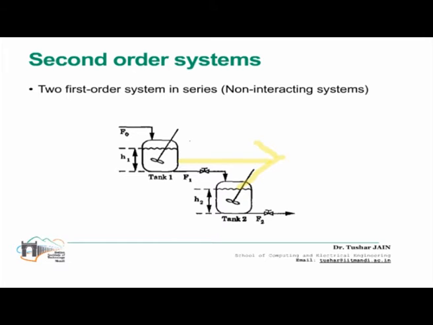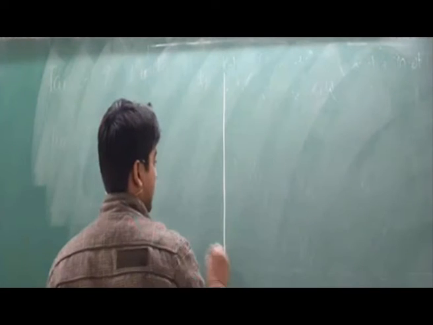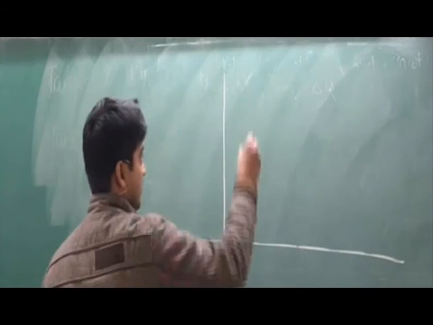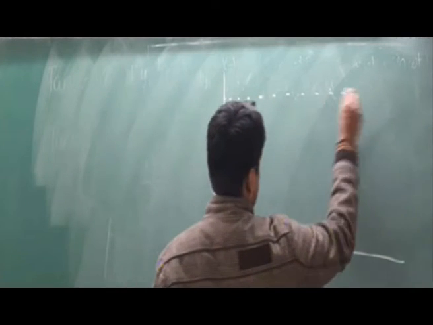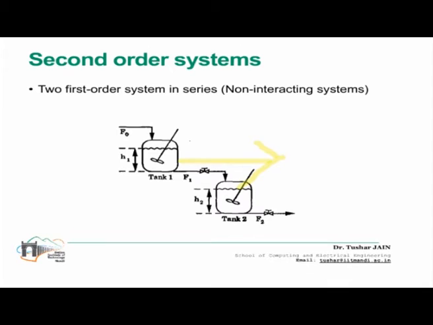So before doing any mathematical stuff, just try to think or analyze that since it's just the multiplication of two first order systems, how the overall system is going to behave. I'm just drawing the step responses even without doing any mathematical derivation. Okay, let's see. So I have two transfer functions of time constants tau 1 and tau 2.